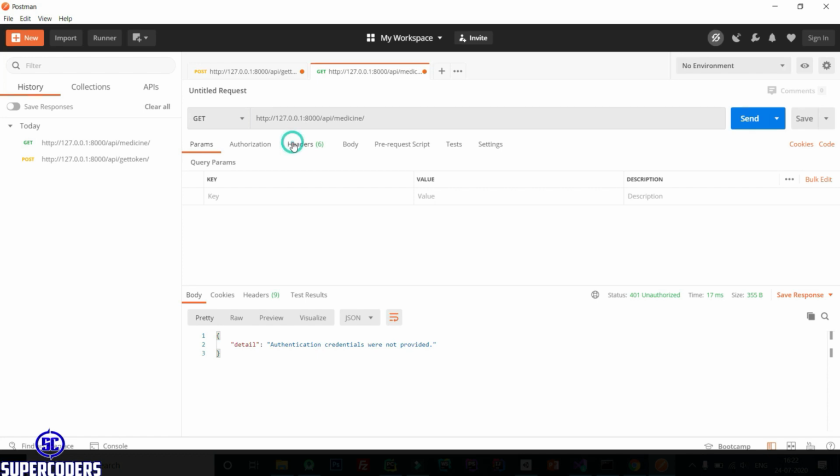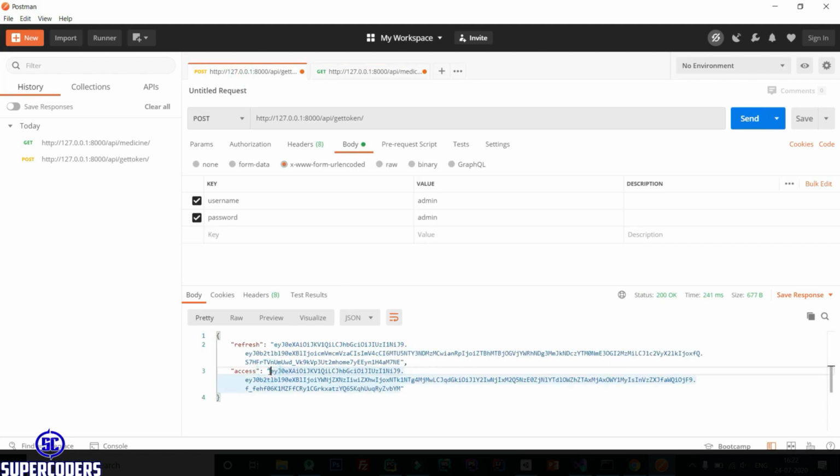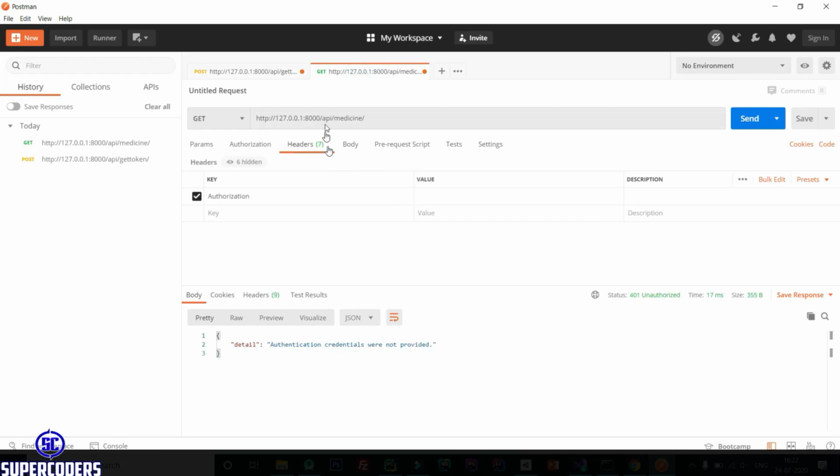So again in header, passing authorization, then copy this token and paste it as the value. Then send. So you can see currently it does not contain any data, so it returns blank.